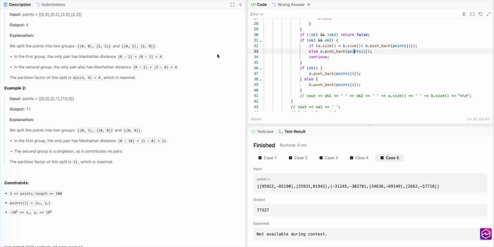So what happens is that, randomly putting it, basically what it does is that, let's just say that the first set had bad elements. Let's just say that we are considering the current element, which is points of I, and let's just say that the first set had a bad element, okay, and on the previous iteration we pushed a bad element also inside the second set. So we are not able to push our element now in either of the sets, but what we could have done is that basically